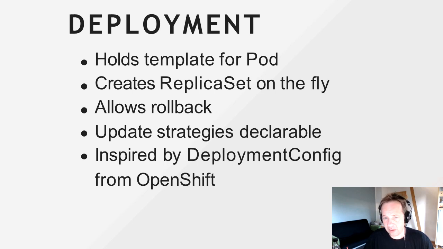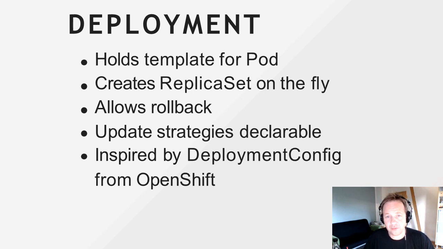As we have seen, a replica set holds the number of replicas, and the deployment just varies these numbers to ensure that the old version gets scaled down and the new one gets scaled up. It knows different update strategies out of the box. You can declare it simply as a field. And what's also interesting about this deployment, as a side note,